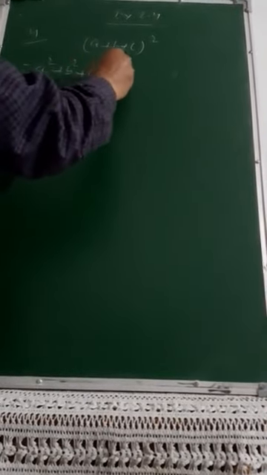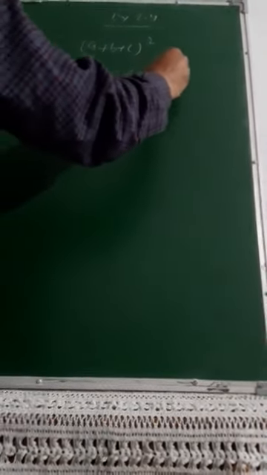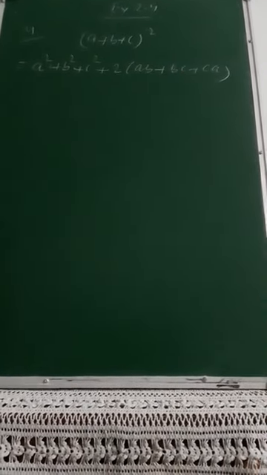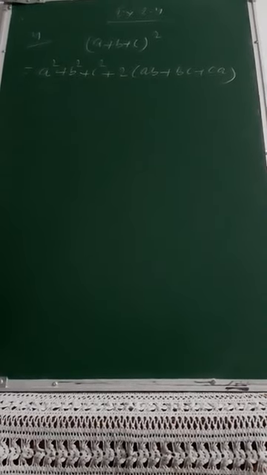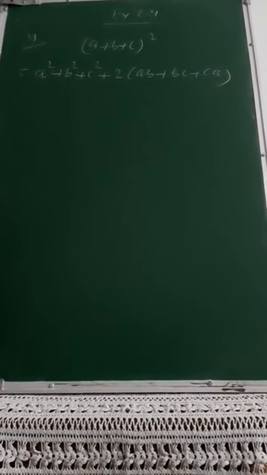Now today we have to do the application of (a plus b plus c) whole square. So what is this equal to? This is equal to a square plus b square plus c square plus 2(ab plus bc plus ca). Make a note of this. This is the new addition to your knowledge from the identities point of view. You have not done it ever before.